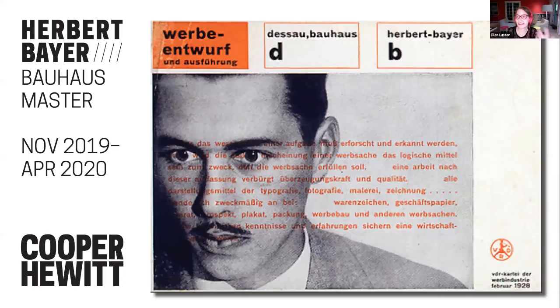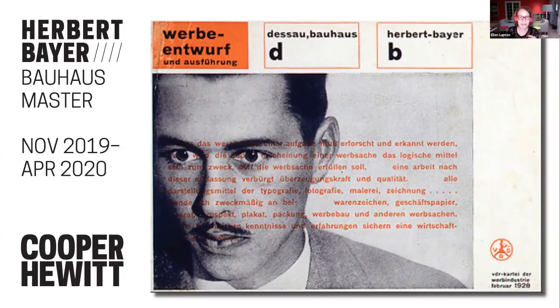I come to design history as someone who is a graphic designer. So I'm especially interested in how design is made. And so often when I look at graphic design, I'm really intrigued in the process. And so we're going to talk about the process and the people and the stuff of Bauhaus typography. And specifically, through this one character, Herbert Bayer, who is a student at the Bauhaus and also a teacher, but we're going to look at other people too, because he only exists in the context of this weird institution that